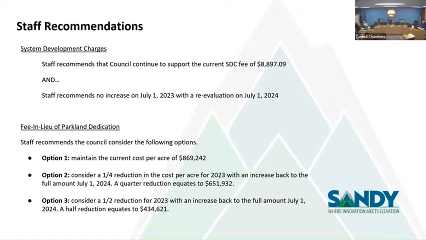I'll just add on to that. I could see it for the fee in lieu of, which did see a big jump since it's been so many years since we did it. I could see doing a glide path for a certain part of the pipeline, not the whole, because I think we got 600 in our pipeline. But for the folks at the end of the pipeline for the fee in lieu of, doing a glide path there that recognizes the changed circumstances for the fee in lieu of.